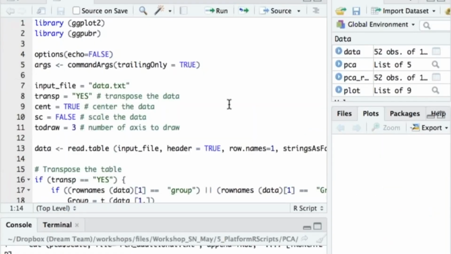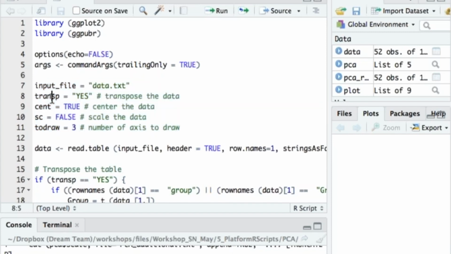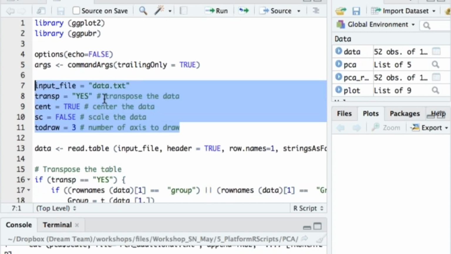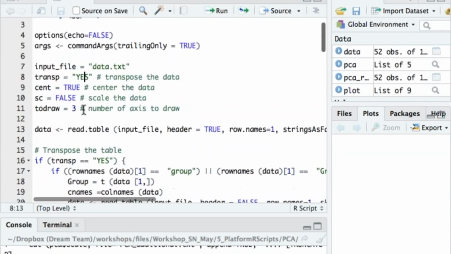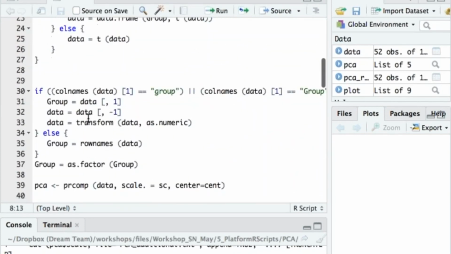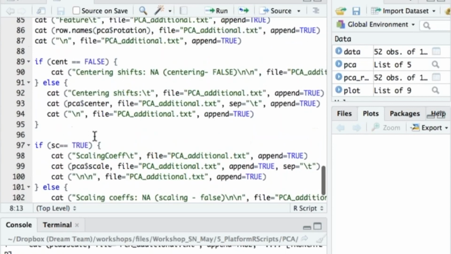Okay, let's go through it. We see options from the platform. Remember, we were selecting something like transpose, center, scale, how many principal components to draw in the web interface. And here we have all these options in the code. So you can just modify the input file, you can transpose the data or not, center the data, scale, and so on. So this is just a simple script. Not as simple as if you write it by your own hands, but